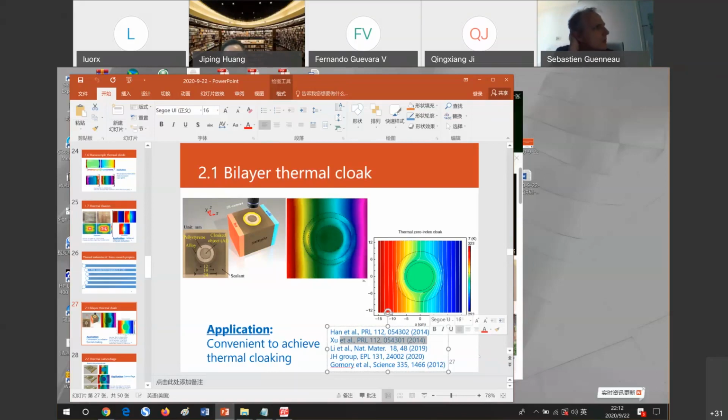There is one point though. The type of singularity in 2D and 3D is a bit different, because in 2D, for the conductivity, you have one eigenvalue which goes to 0 and the other one to infinity when you approach the center of the cloak, whereas in 3D, you have one eigenvalue which goes to 0 and the other two which remain constant for the transformed conductivity. So perhaps this also has some implications for the design.